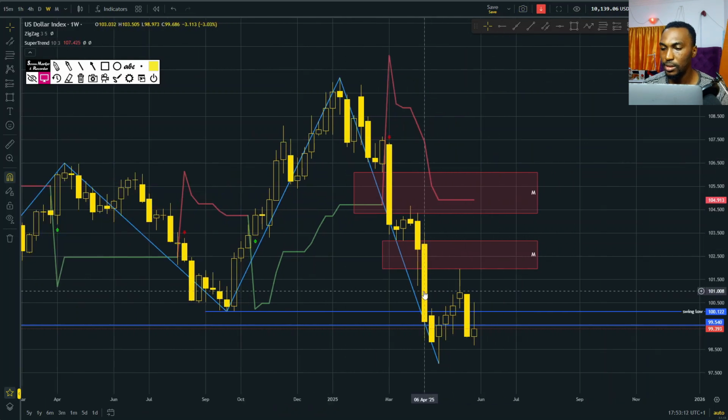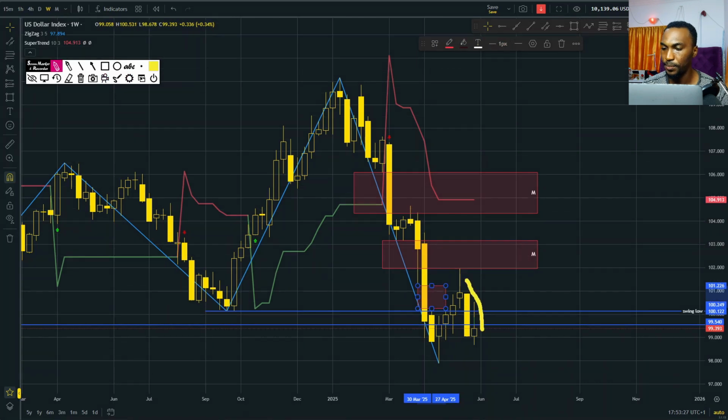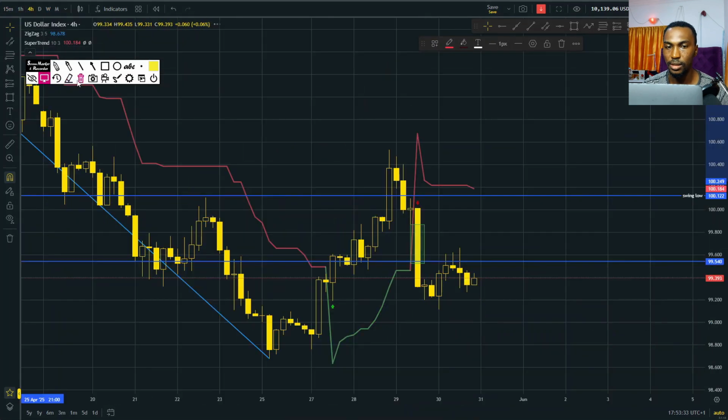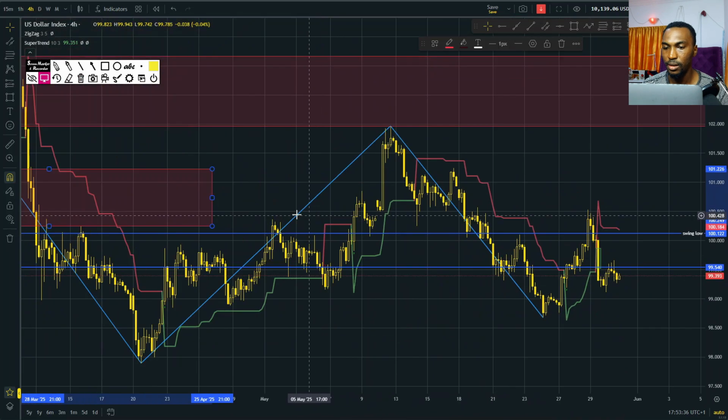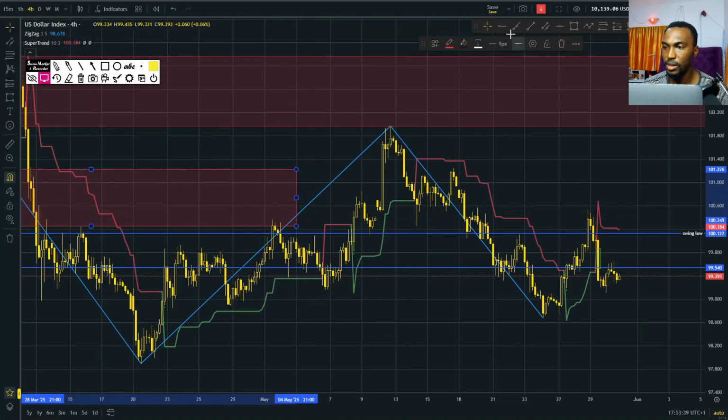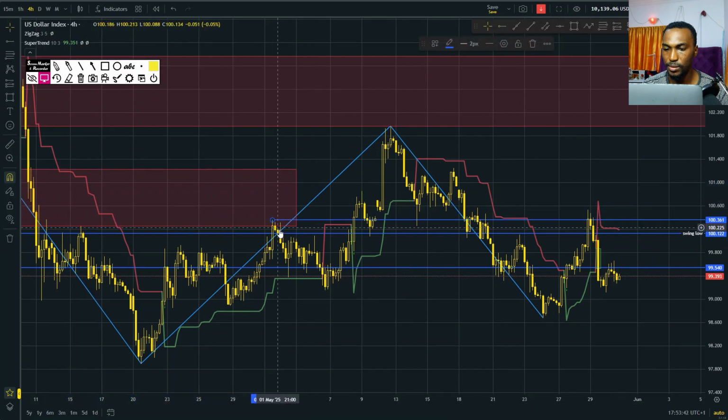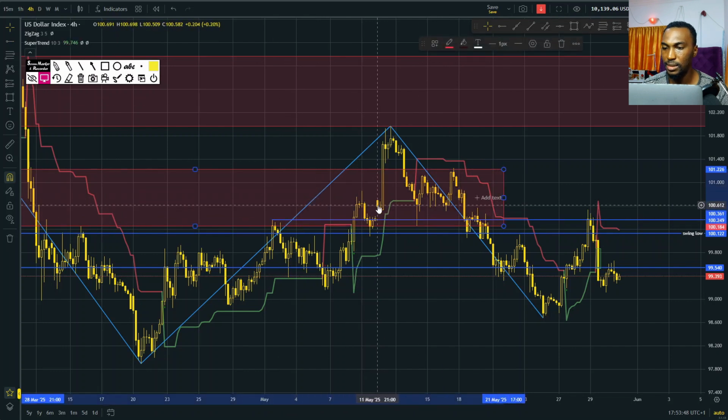For those following the weekly context, well, they had a good 2 weeks run, in my opinion. There was this right here, which ended up producing this long run, as you can see. So with that in mind, if you put that on the 4 hours, this is what I drew. First mitigation was right here. Mitigation was right here. You can see now this is the type of fair value gap I trust when it happens inside. So the first one went in, there was a small fair value gap here, in and out.